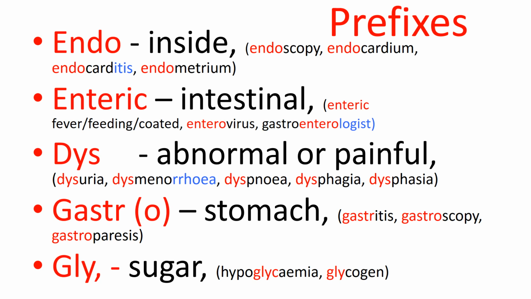Glycogen is the storage molecule for glucose in the blood. So when the blood sugar levels rise, insulin is released, and insulin has several functions, but one of them is it will convert glucose into glycogen, a polysaccharide insoluble storage molecule, and the glycogen is then stored in the liver